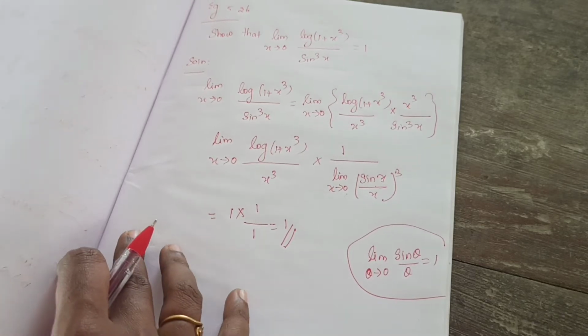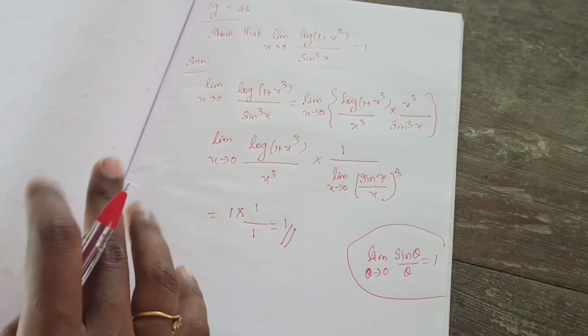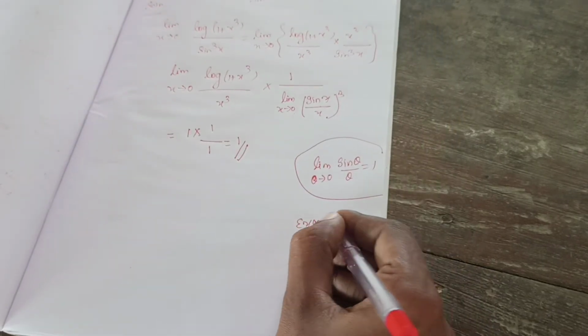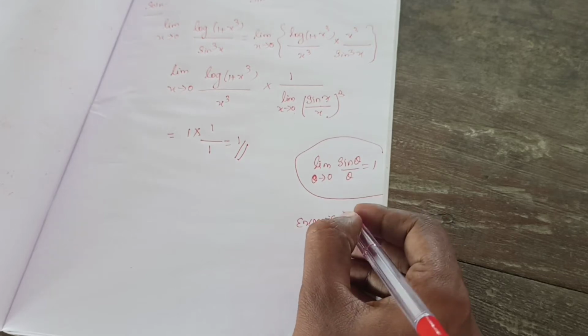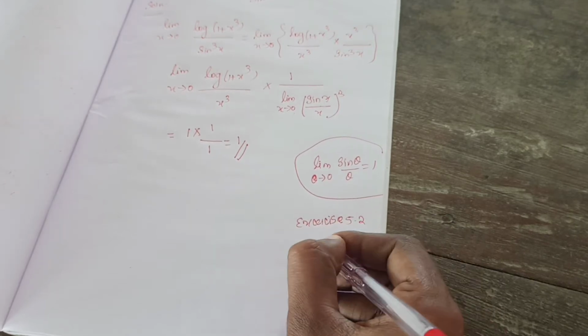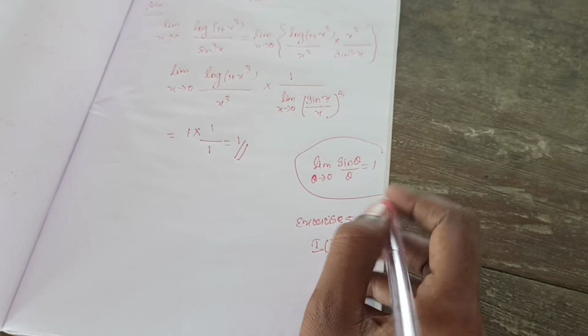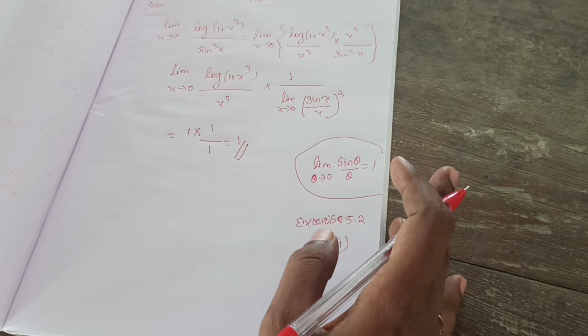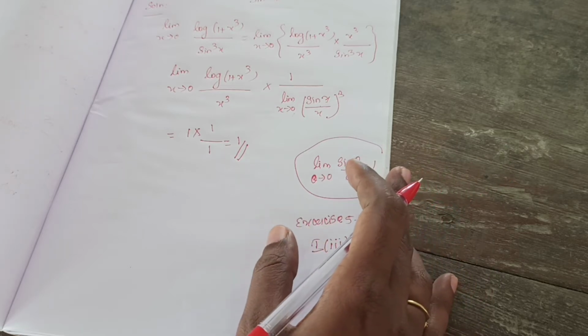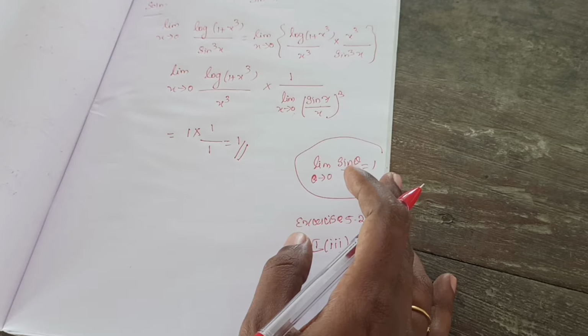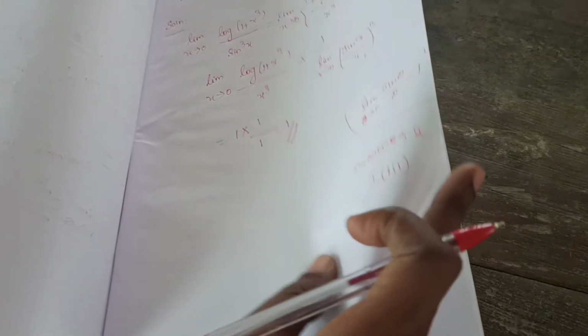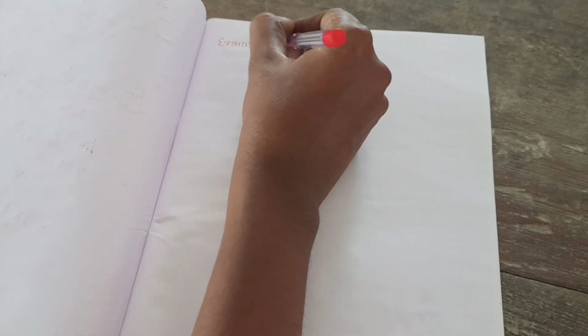Okay. Now exercise. I hope all of you completed. Then third problem is homework. Take down the homework. Exercise 5.2, first Roman. Third problem is your homework. So I think in exercise first Roman all the problems are over. Then 4 problems are left. That one we need to do. Okay. So take down. Exercise 5.2